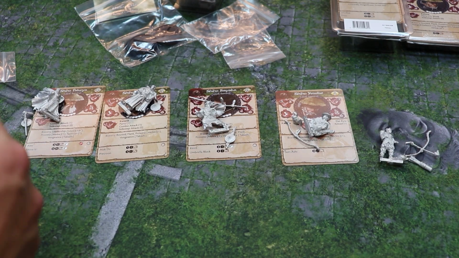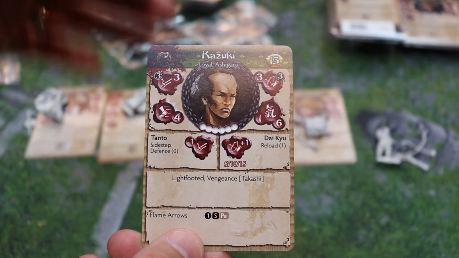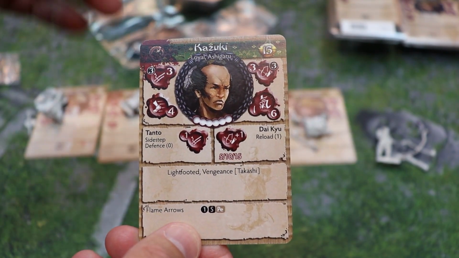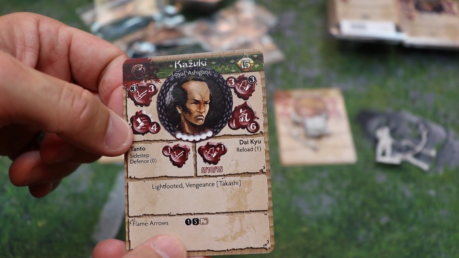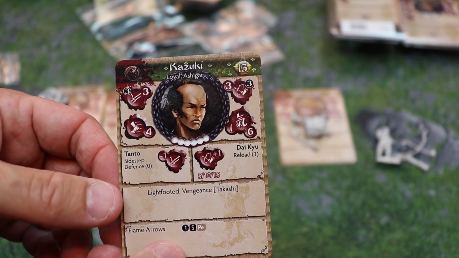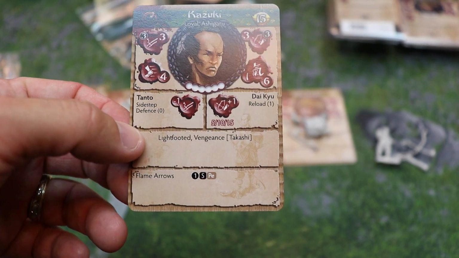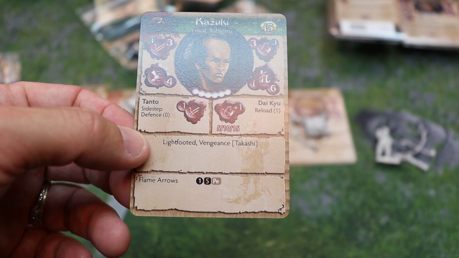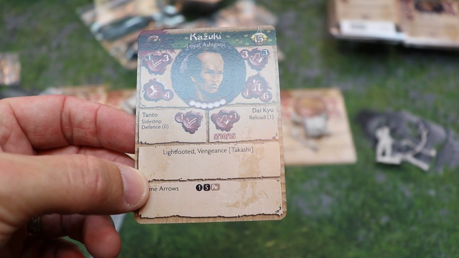And then let's look at his card, shall we? So his card here, melee stat of 3 with key, being able to increase it with the key, and then range of 3, same thing, and then movement 4 and 1/6 for the key stat. He has a Tanto, -1 damage, sidestep defense 0, and then he has the Daikyu with the reload 1 and +1 damage. He has light-footed, and then